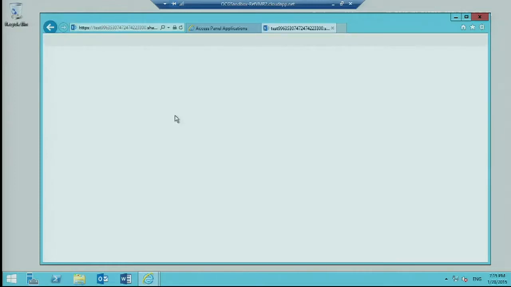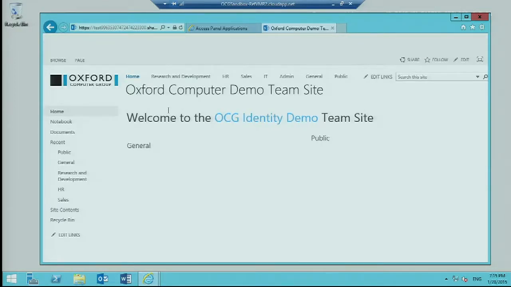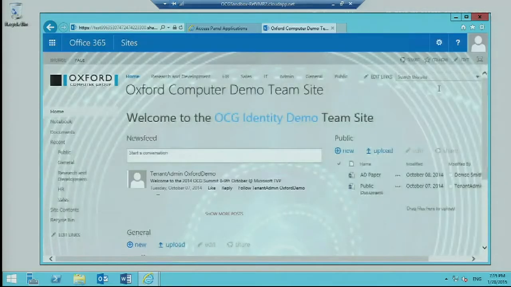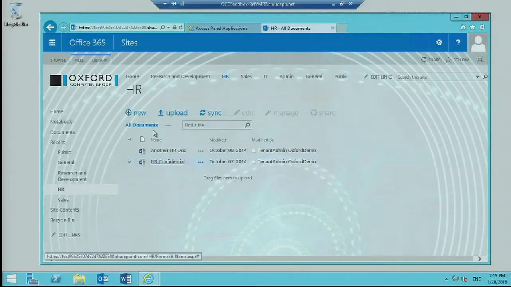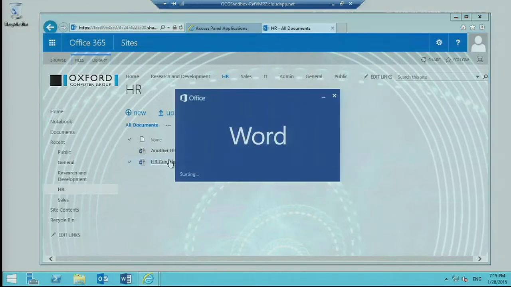And I'm not going to do much on this because there's going to be stuff on RMS tomorrow, and I don't want to dilute anybody's talk or anything. But just to show you something fairly simple, so we'll go to the HR team site here. She has access to these confidential documents. If we load this one up,